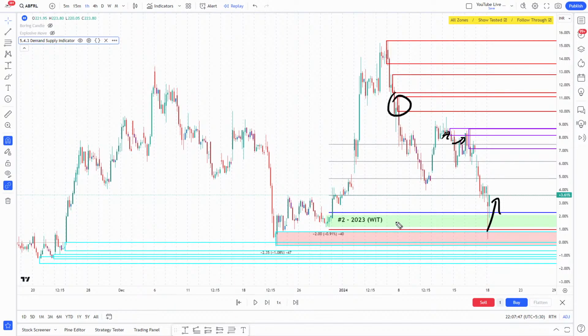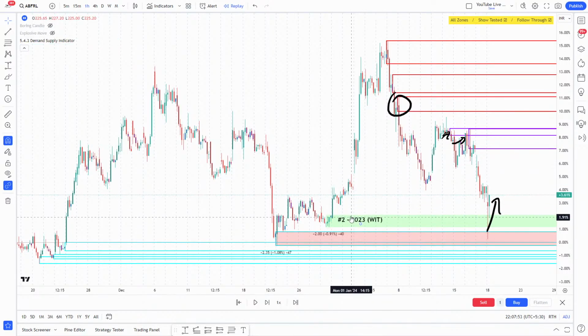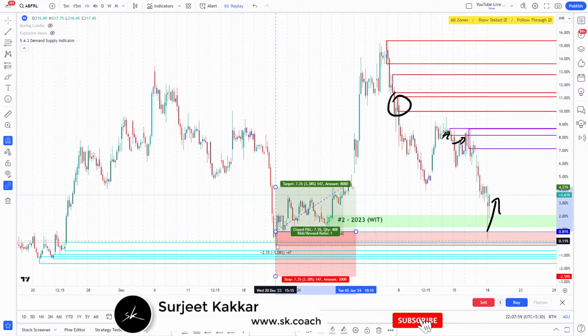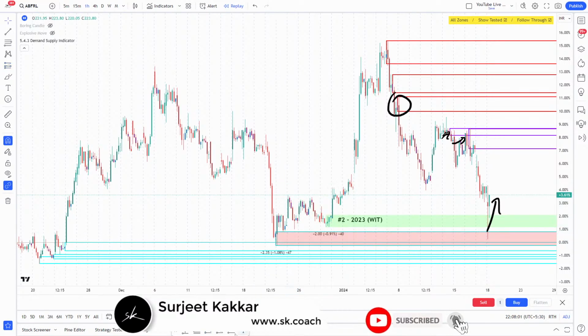This is my fresh supply, which is showing me a reward to risk ratio that is approximately, let's see, how's the reward to risk ratio, because this is the zone which I would not like to use now because of the price action that has developed. And based on what I have as an available zone now, if I'm looking at my reward to risk ratio,